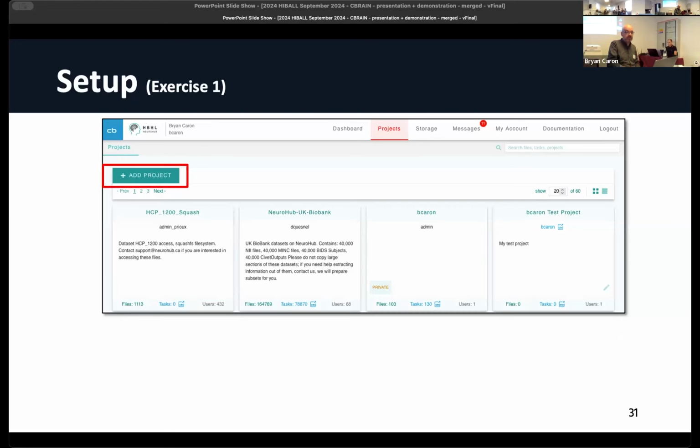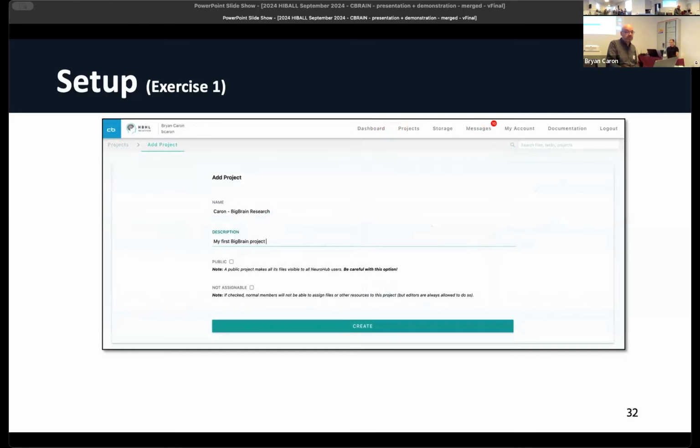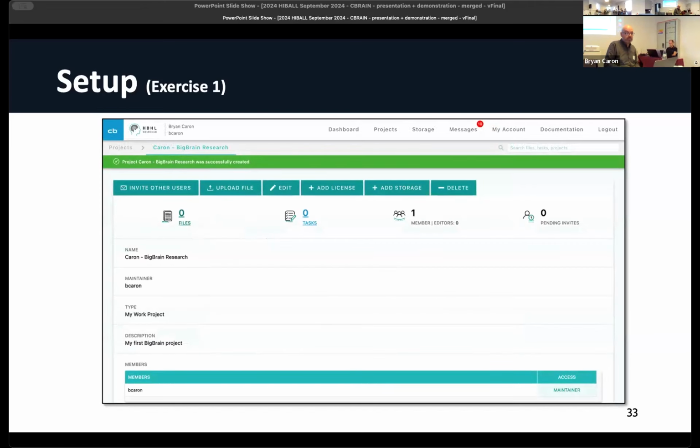So if you go down to add project, click on that button, and then it's going to ask you for some information, just how you want to name that project. And then you give it a short description. There's usually a couple other variables that we ask people to check depending on their particular needs, but for this exercise, you don't have to do anything. So you just give it a name and a description, and then you click create afterwards. So let's go through the exercise. Let's create a project. You can call it whatever you want. If it's the BigBrain excursion that you're doing, it's only going to be visible to you in this particular account, so you can call it whatever you'd like. And once you've created it, it'll pop up at the top of the screen that it created that project successfully, and then you'll be able to see it there.